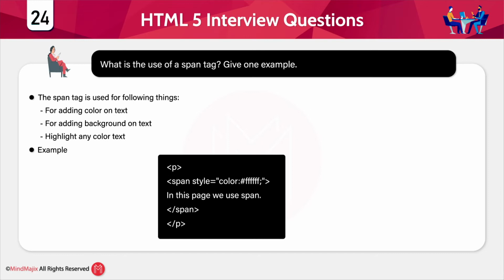Whereas the div tag is a group level tag. If you want to apply a style to a group of tags, then we can go for the div tag. Whereas the span tag is an inline tag. If you want to apply a style to a portion of the text within a single line, then we apply the style to that portion of the text of the same line. See, span color equals some value. Color is an attribute property whose corresponding value is an exact color code. Color is a property, property colon value. This is how we can define a style sheet. That is the style attribute value.